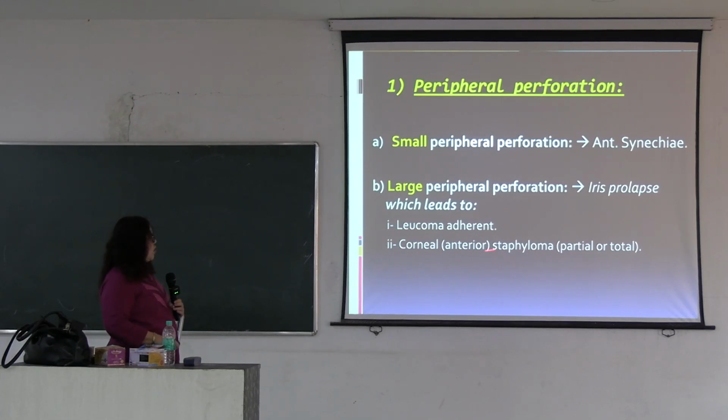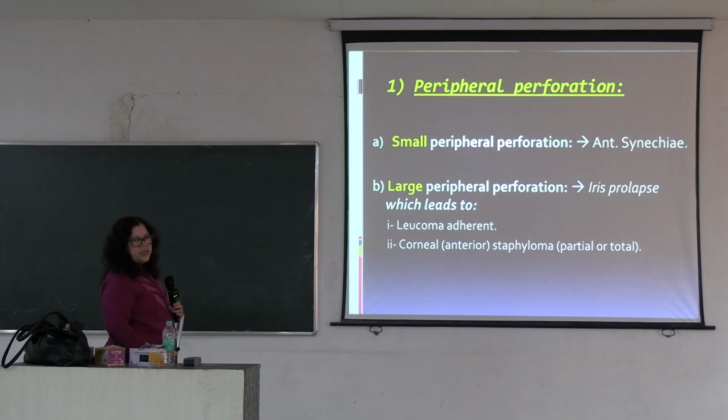And the second one is corneal staphyloma. There is epithelial tissue and exudates, and this epithelium protrudes forward, and here pseudocornea is formed, and if pressure occurs, there is protrusion of the anterior part of the cornea. This is called